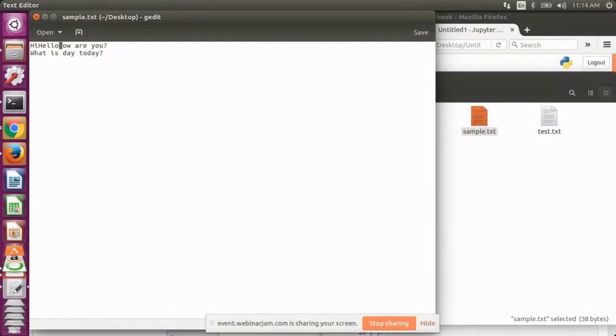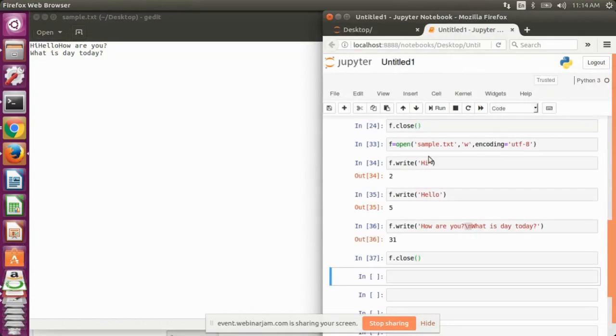There is no space in between these statements because I have not used any kind of space while writing the statement. Like hi, no space before and after hi, hello, no space before and after hello, and how are you is starting without any space. And next, after the question mark, we had specified a new line character. So whatever needs to come after how are you question mark will come in the next line. The next line we are defining what is day to day. So that has got saved in the next line.